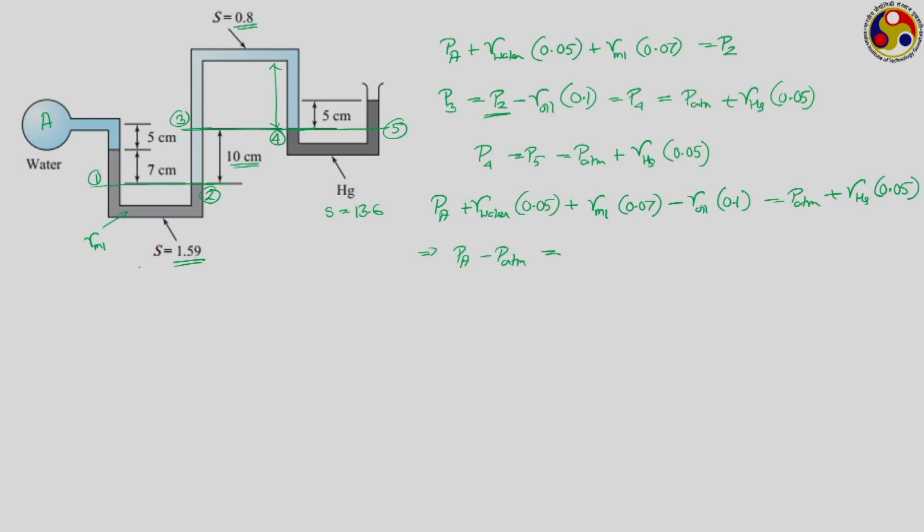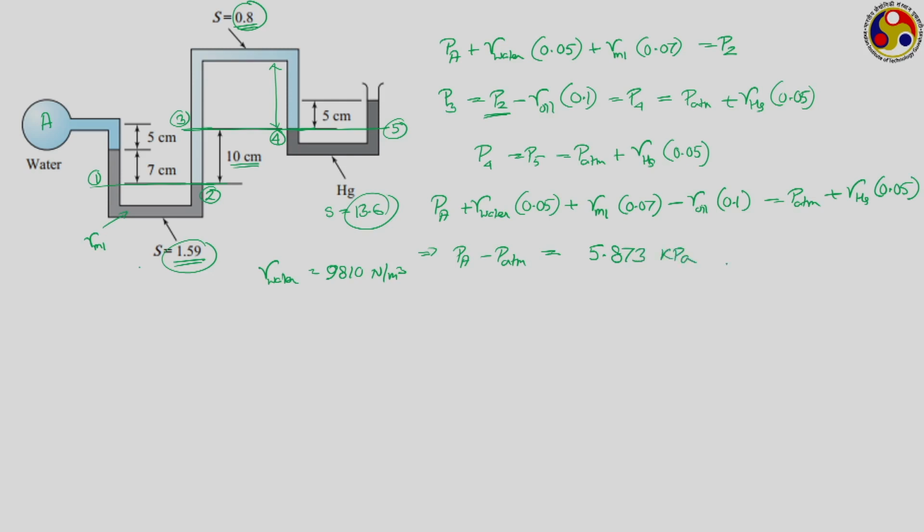Now, what information is known to you? You know all the heights which I have already mentioned in the equation. Gamma water can be taken to be 9810 Newton per meter cube, like in the previous problem. Gamma M1 will be equal to 1.59 times this gamma of water. Gamma for oil will be 0.8 times gamma for water, and gamma for mercury will be 13.6 times gamma for water. If we combine all of them, again I have pre-calculated the number, your answer will be coming as 5.873